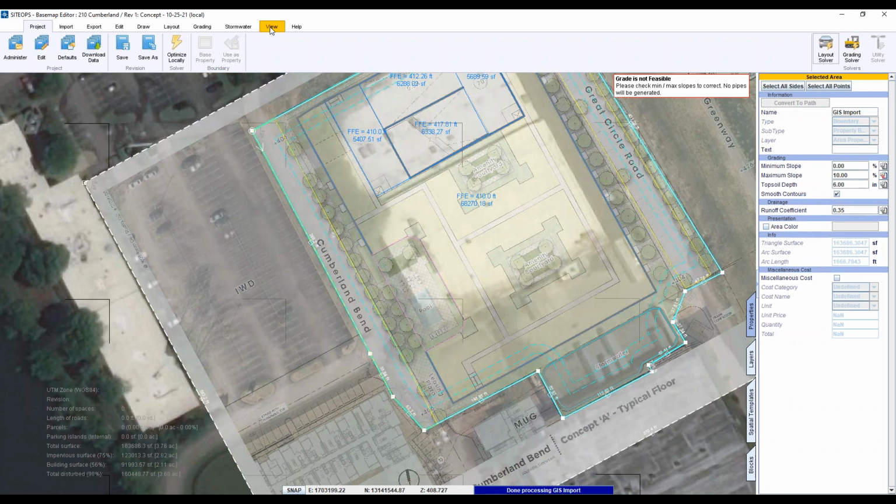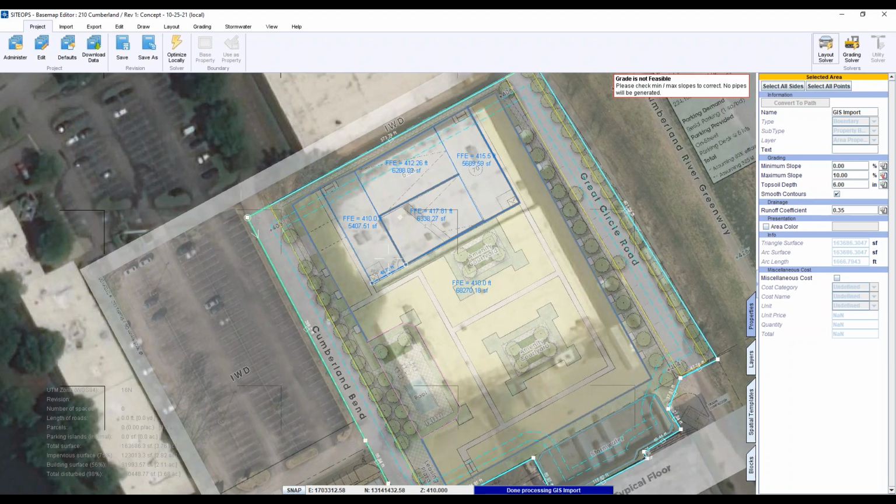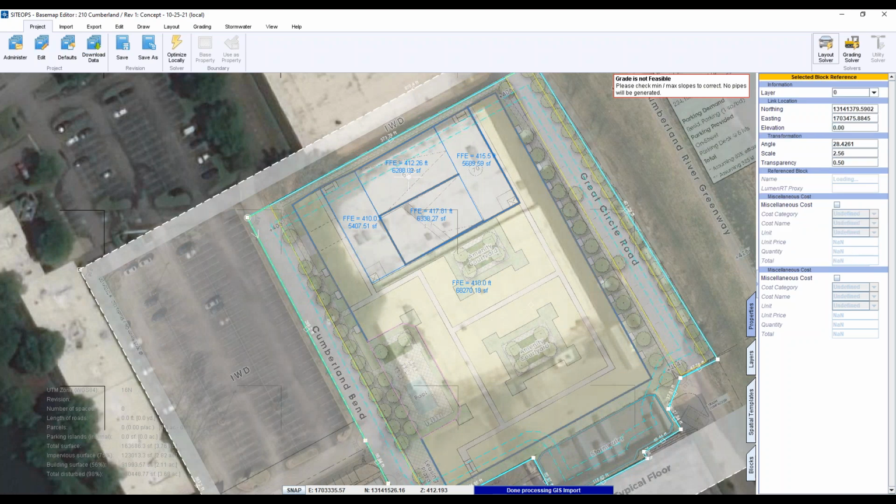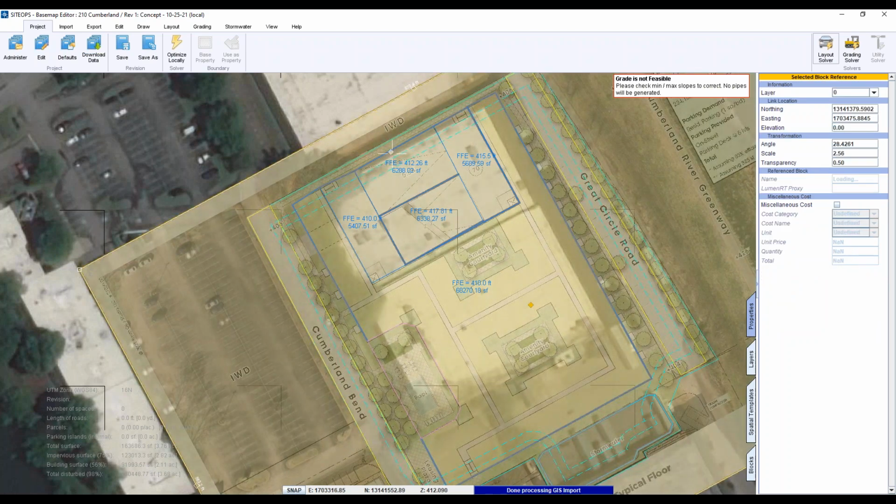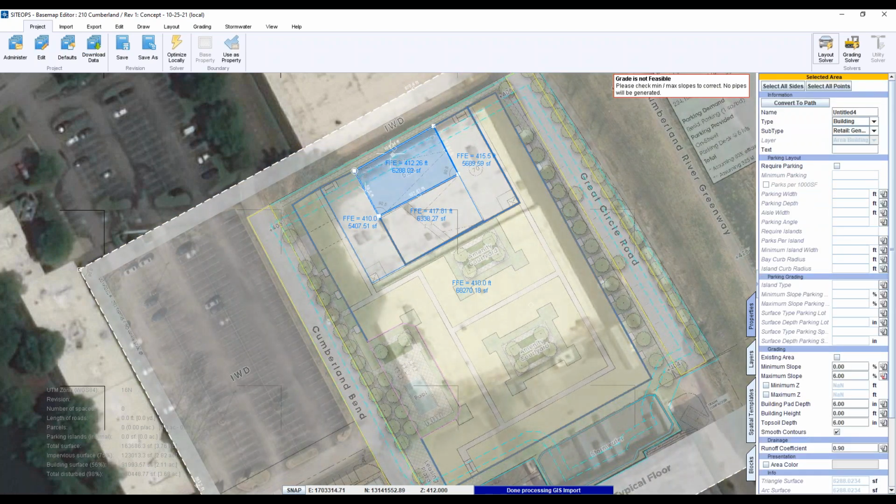That gets you a more realistic look. You can see how I forced this one and this one, and then linked this one, this one, and this one. Inside of that area, down here, I let it go a maximum of 6%. So even though I had a building slab or building area, you can still change it to let it slope, like a parking garage, you would do that.